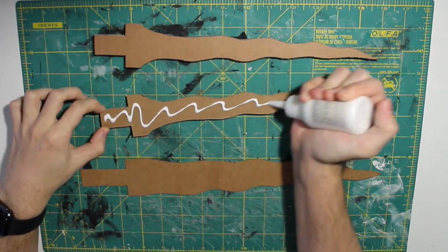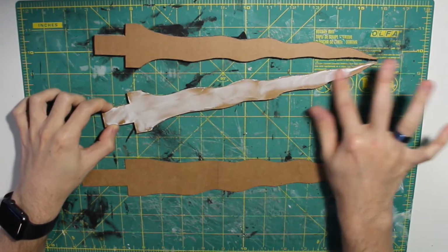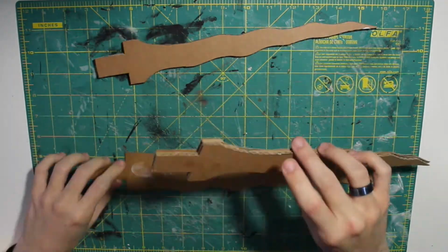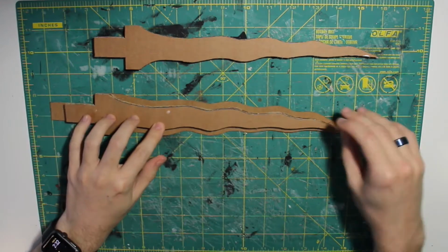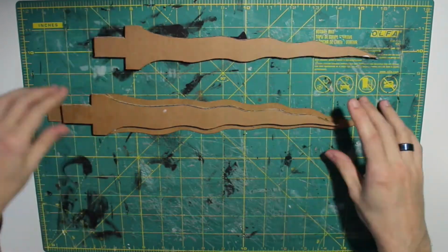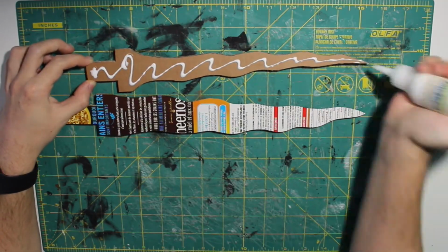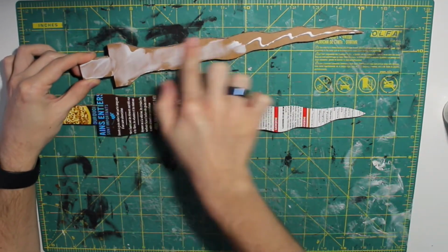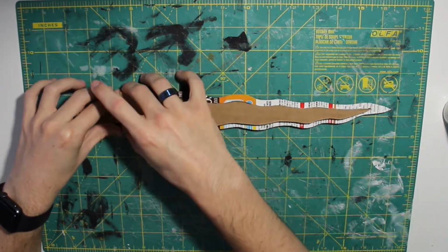Once your glue has cured, you're going to want to glue those stacks onto that base piece of cereal box cardboard from before. You're going to want to make sure that the curved edge of the cereal box cardboard matches the curved edge of those stacks we just made. Otherwise, it's going to look really weird and it's just not going to work. So glue one of the stacks on one side, flip it over, glue the other one on the other side